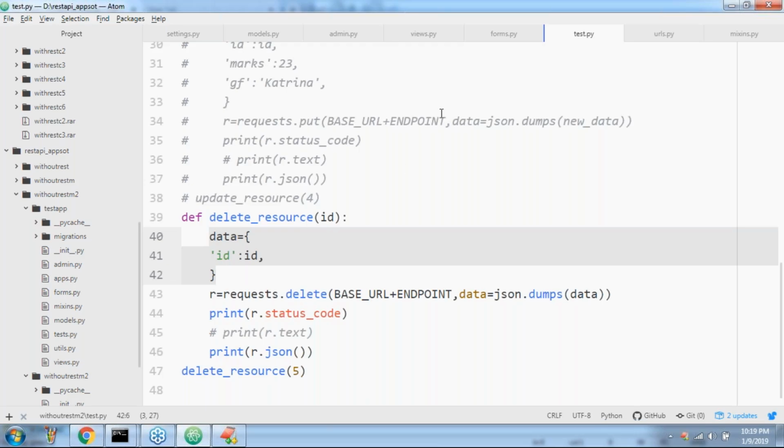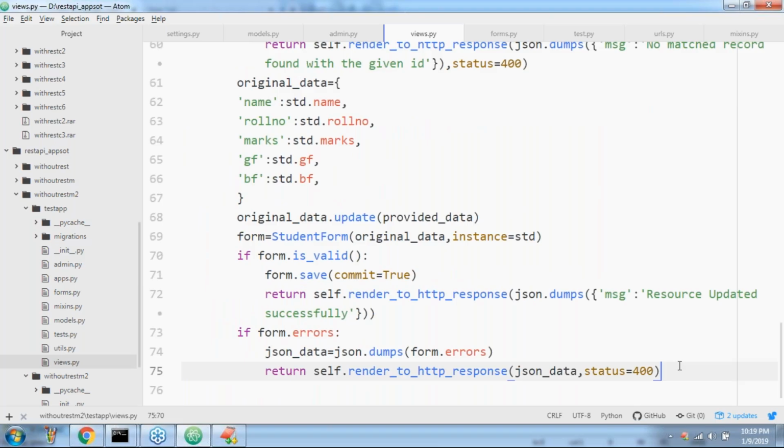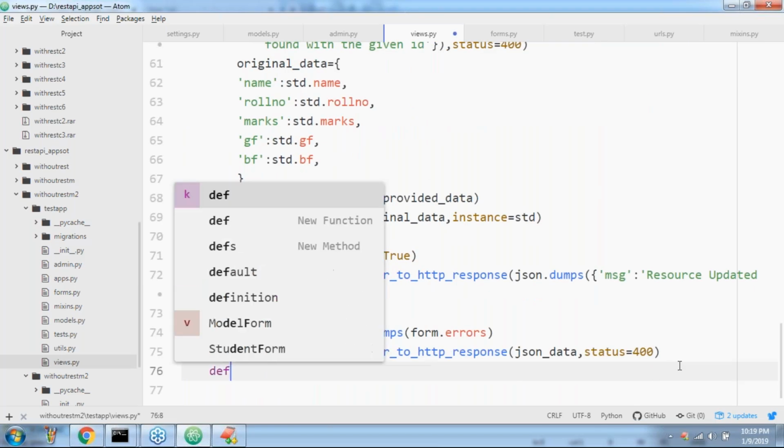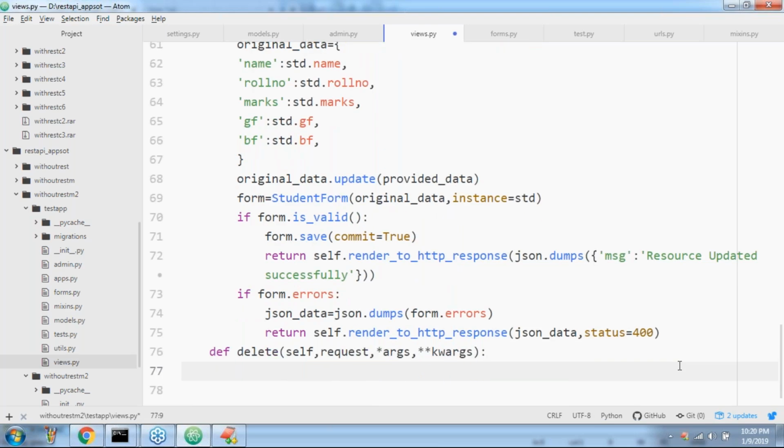So for that, what you can take is very simple logic, sir. Let me take the method first. def delete(self, request, *args, **kwargs). Okay, like I'm taking. Now what is my next thing? Get the data.